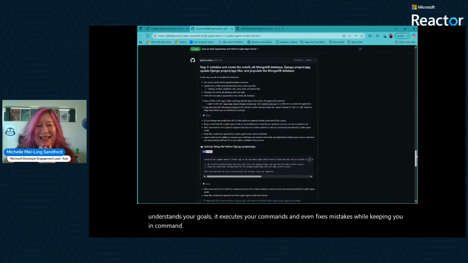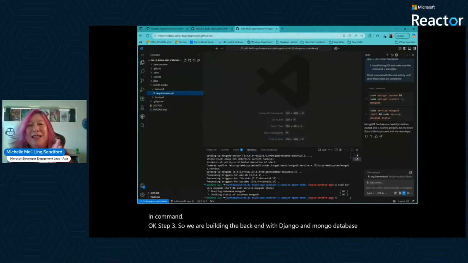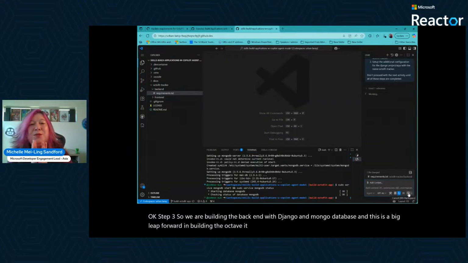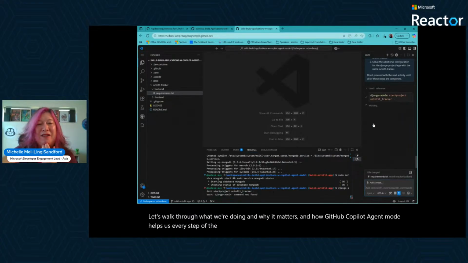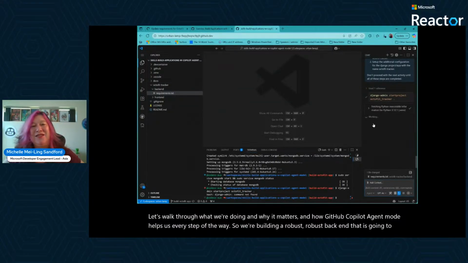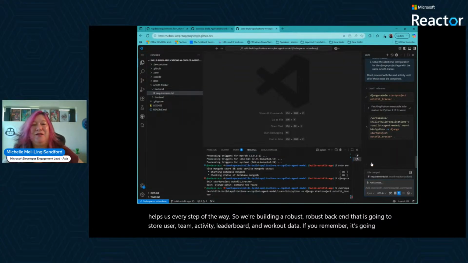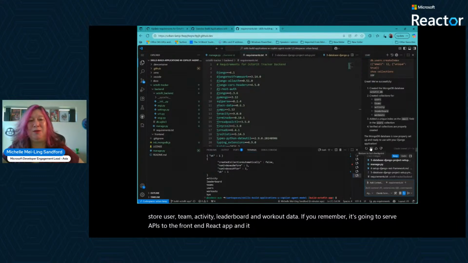Okay, step 3. We are building the backend with Django and MongoDB, and this is a big leap forward in building the Octotracker. Let's walk through what we're doing, why it matters, and how GitHub Copilot Agent Mode helps us every step of the way. We're building a robust backend that is going to store user, team, activity, leaderboard, and workout data, if you remember. It's going to serve APIs to the front-end React app, and it is a flexible, scalable